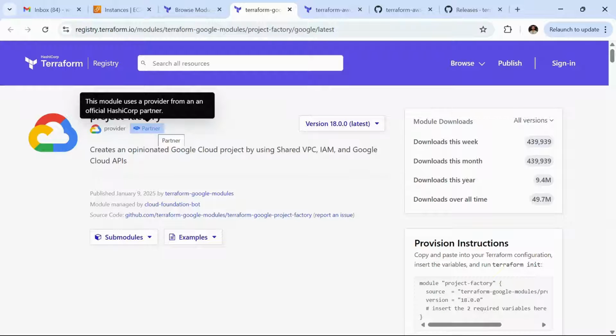This module uses a provider from an official HashiCorp partner. So if you are able to see this partner icon, it means you can consider this module for your use case, for your organization.